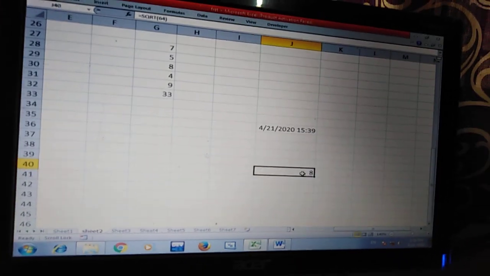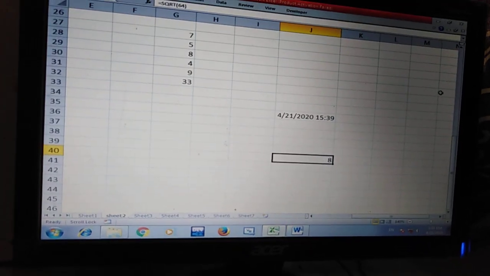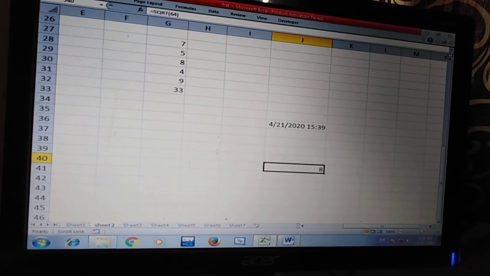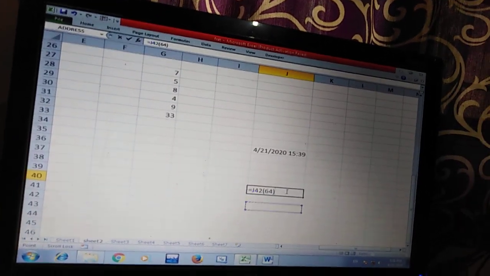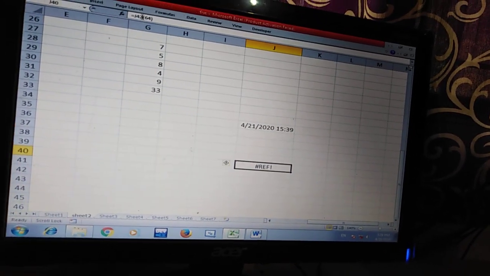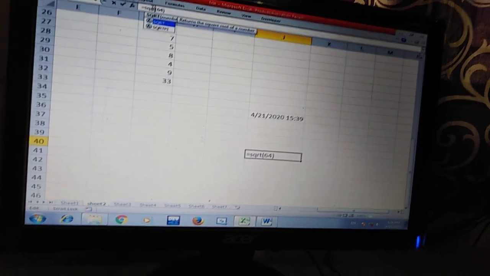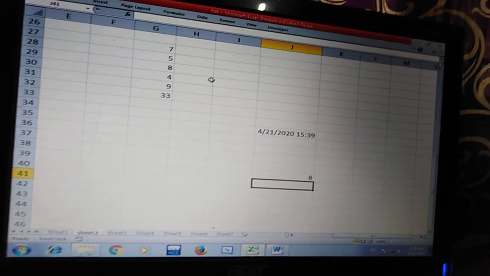So all together is a function. So a function have two important part. Again you have to see, sqrt is a function name and 64 is a value, and this value is called the argument in Excel.